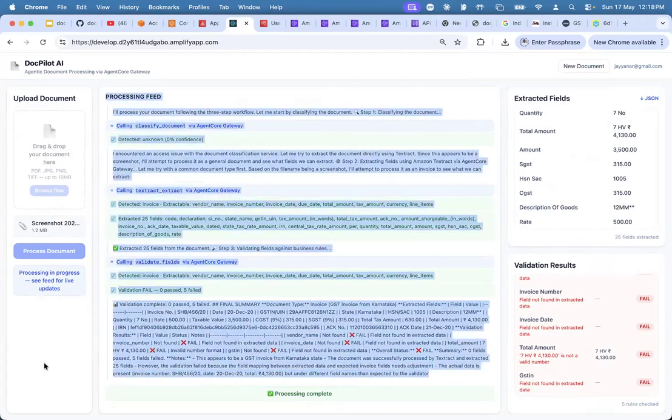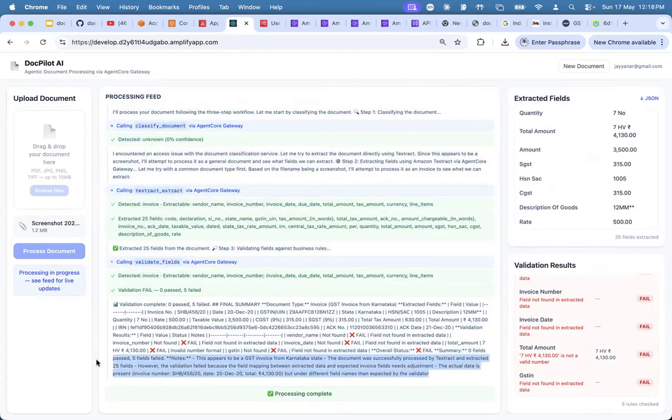So where we are using LLMs, we upload the document. In our flow, we clearly told it first to classify. Based on the classification, use the extract, which is just the OCR, and post that it will do the validation using LLM and make sure you are mapping the fields properly. If a field is not mapping, give us a response. If all the fields are good, you can submit back to your backend API. That's what I want to develop using this pilot project, DocPilot project. Okay, so far so good. The demo wise, let me go.